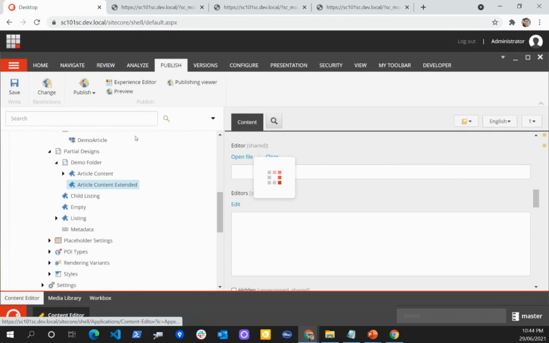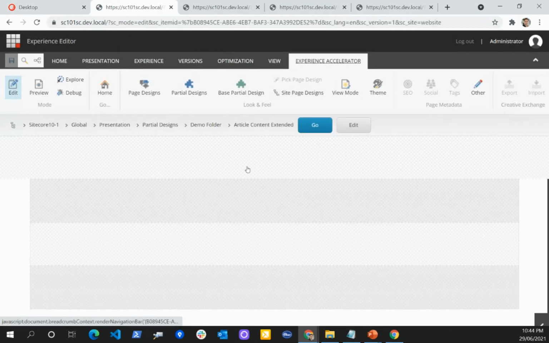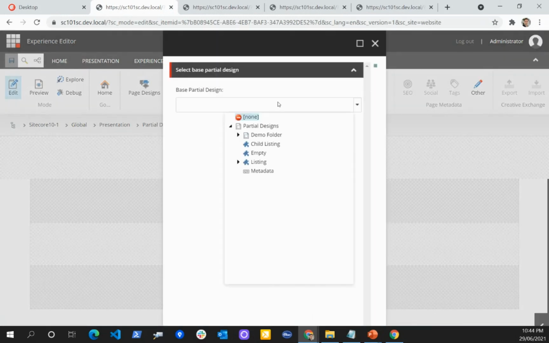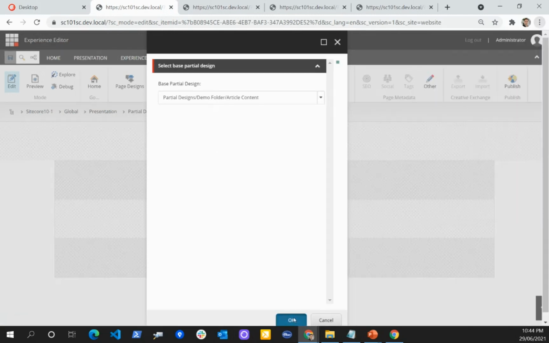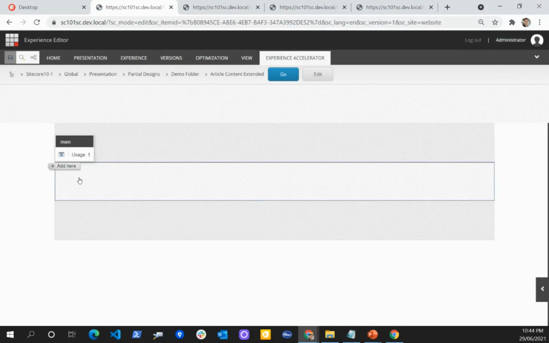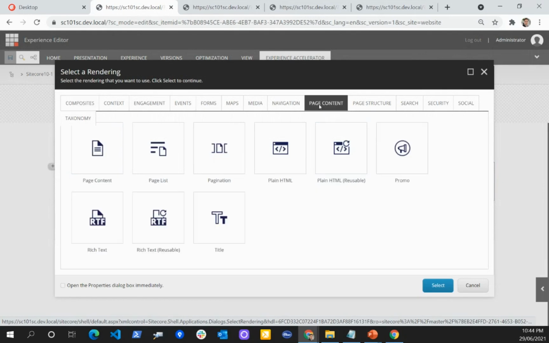When I go to the Expense Editor, I can choose what my base design is. For this partial design, the base would be the article content. When I select this, I get the base, and now I can place one more, let's say an image content.